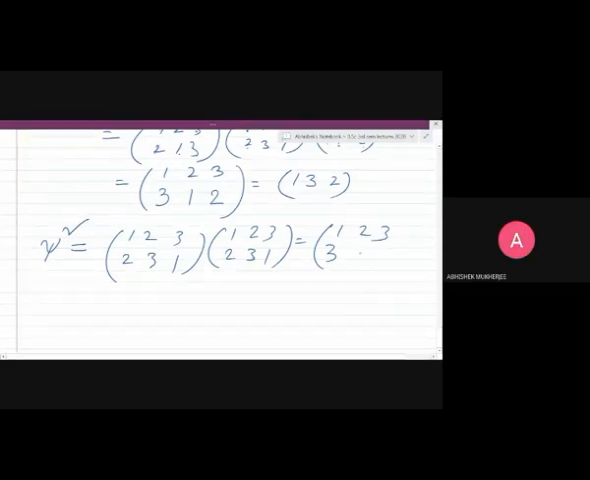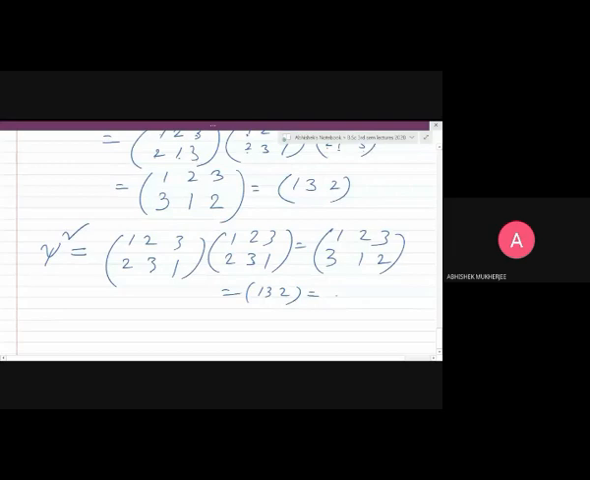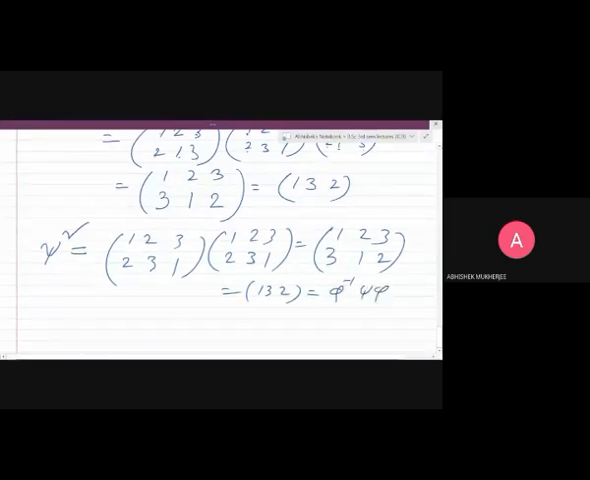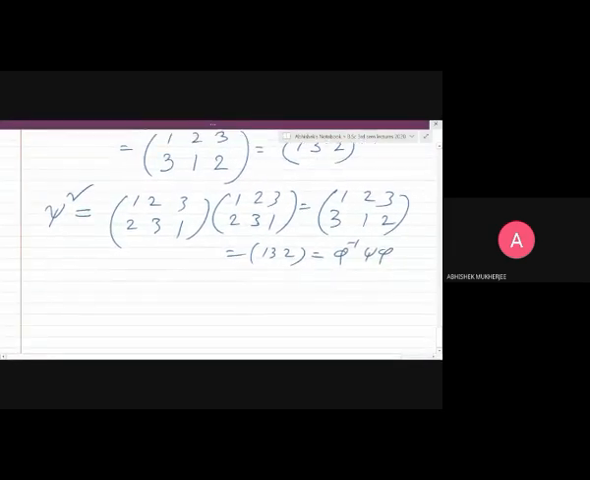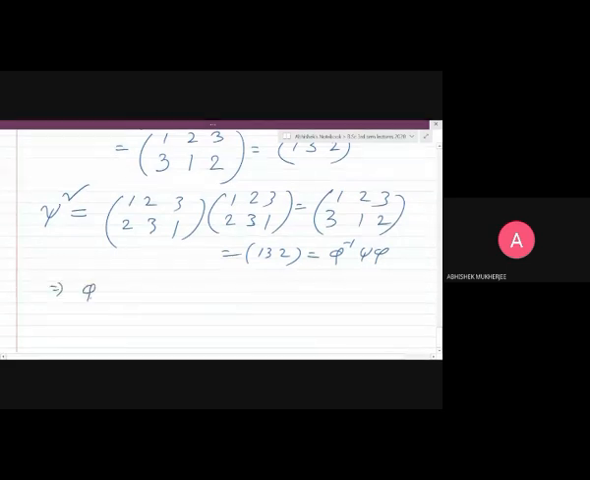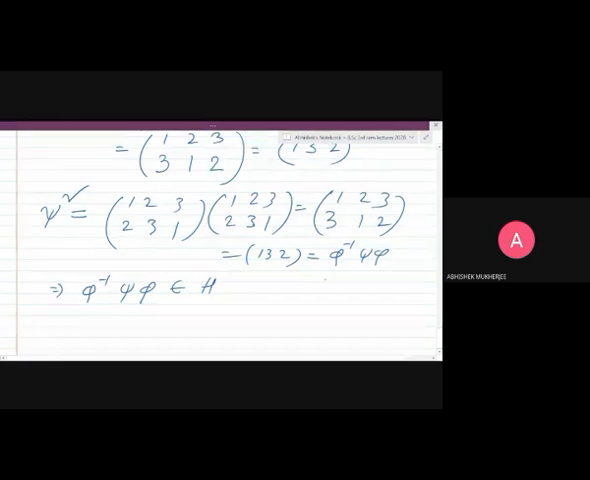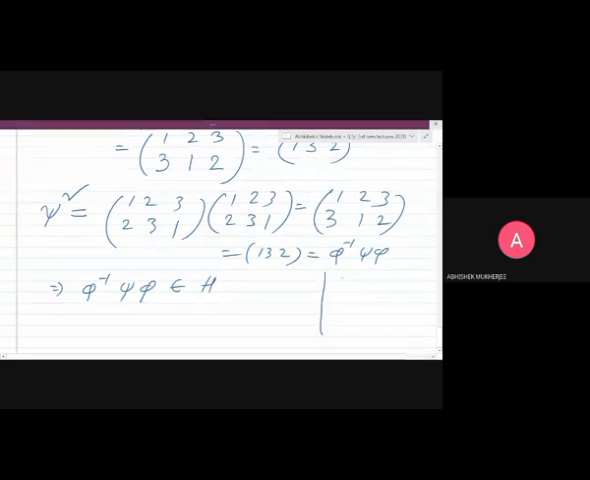Yes. So it is 1, it is 2. So that means it is 1 3 2. So that means it is phi inverse psi phi, right? So what does it mean? So phi inverse psi phi belongs to H, right? Now compare this fact with the condition of